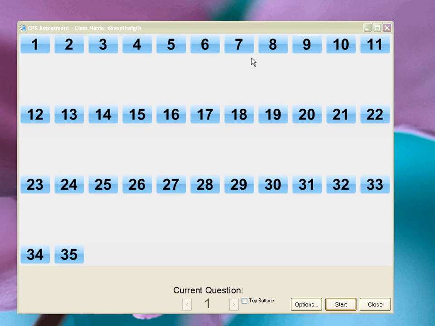Basically what I have right now is I have 35 clickers displaying. They're a light blue color. When a student responds, it'll change from light blue to a dark blue to show that they've already answered a question. They can't answer a question, though, unless you click Start,